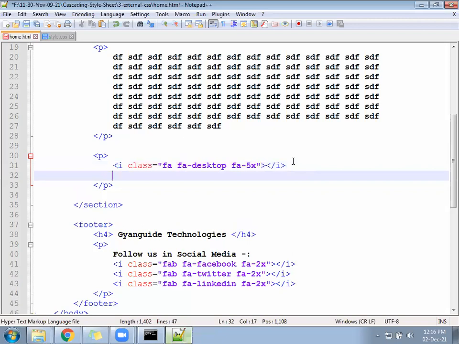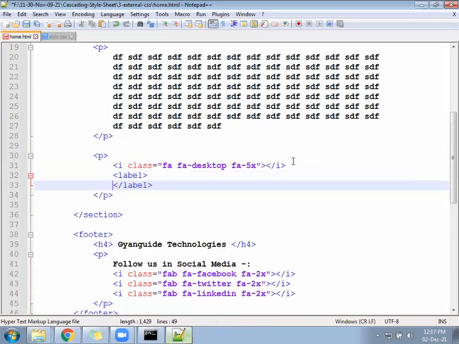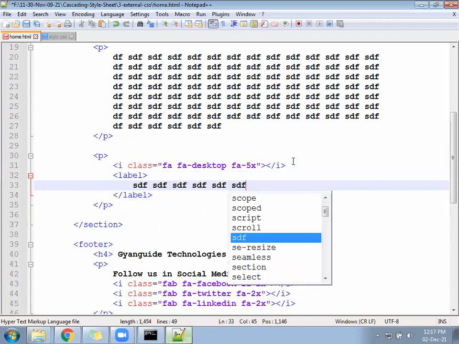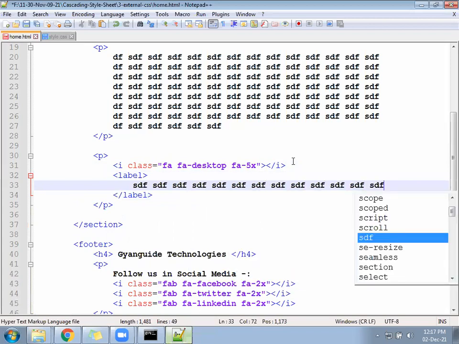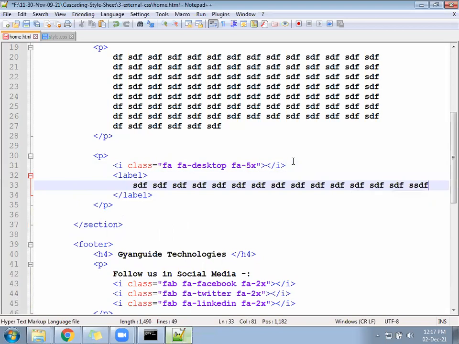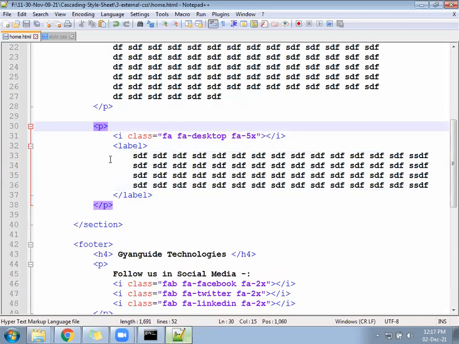You can use maybe a label tag, maybe any tag. Label tag we can use here. Inside the paragraph, we can use the text directly also, but we enclose it within a label.